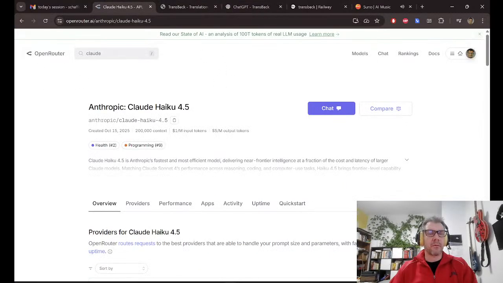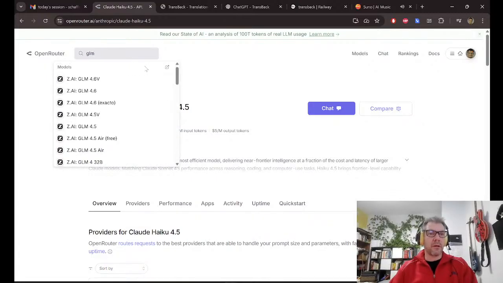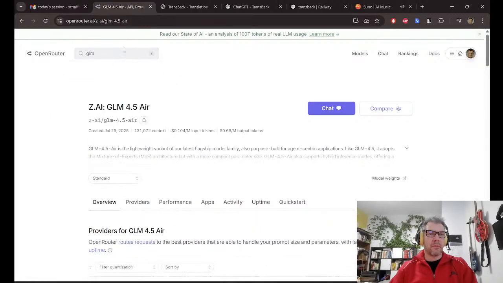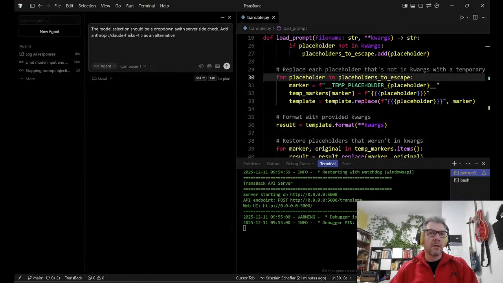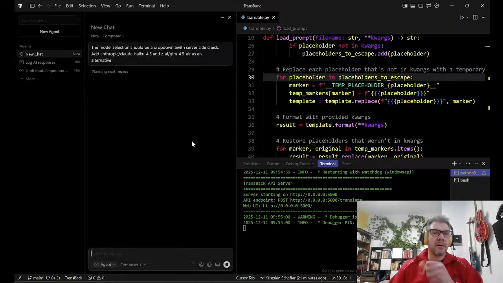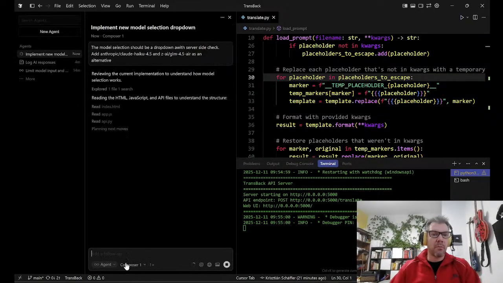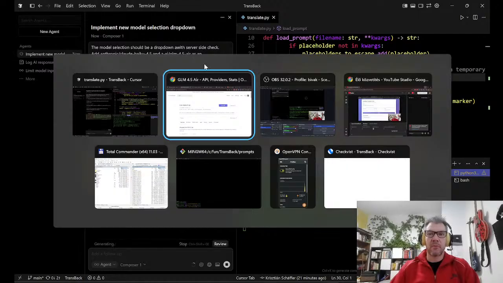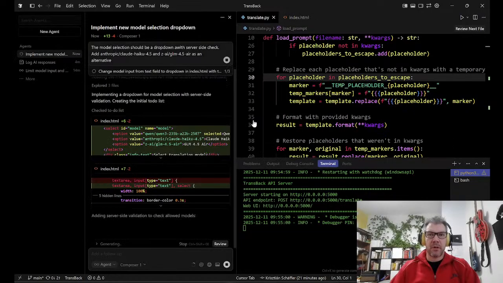So let's go, for example, with GLM 4.5. That may not be so. Yeah, that's cheaper. Let's check. And as an alternative, yeah. Let's see. I guess that the composer model can solve this, hopefully. Okay, and